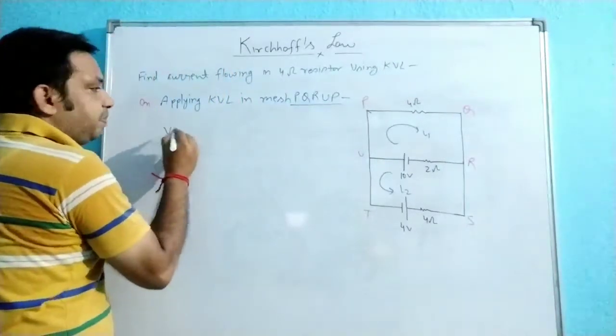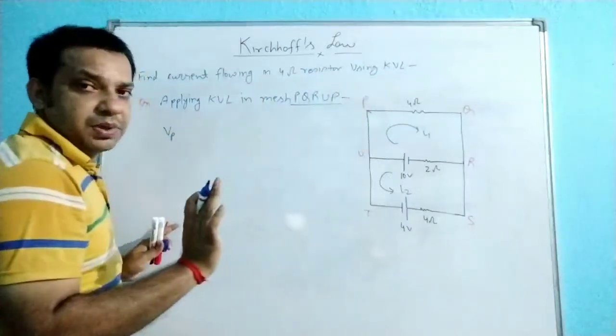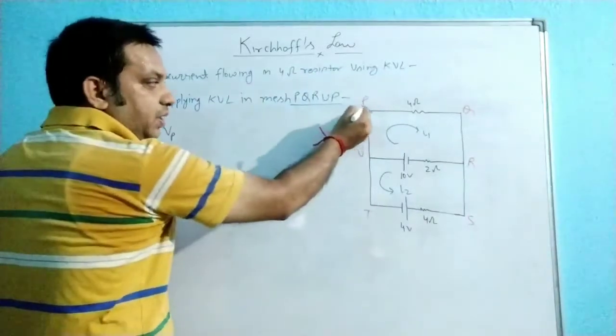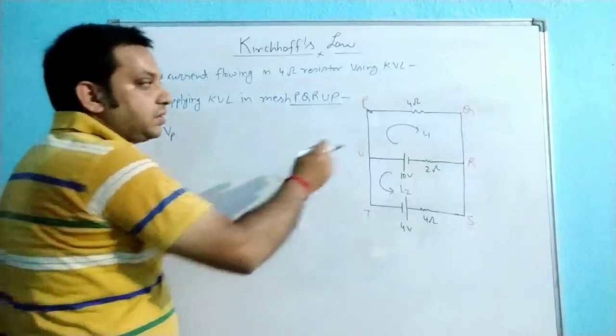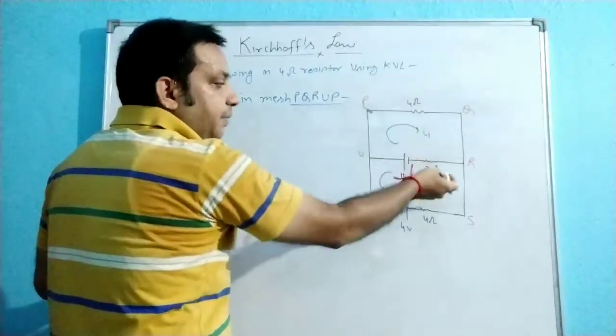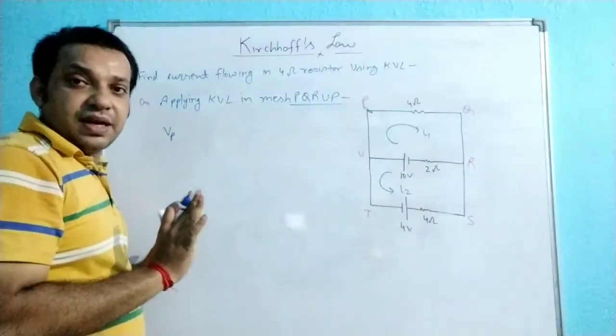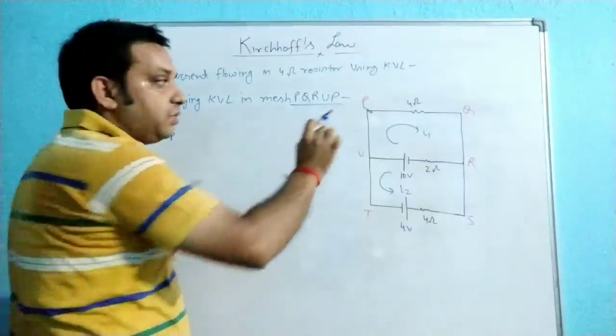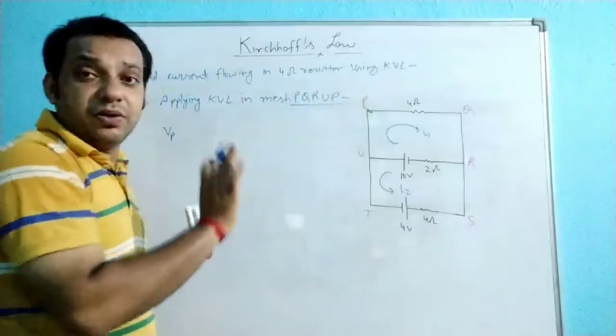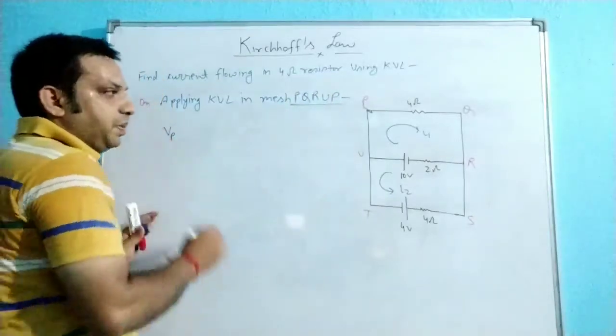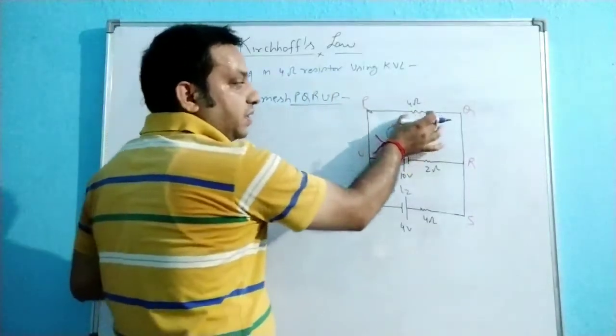Whatever the potential of P point, I am starting from this P point. Only it is indication. Few students start from the P point and leave the KVL at the R. They left the KVL at the R. So it's not. Whenever this is your starting point, you have to end at that point also. So VP. Just see what is the potential difference across this one.